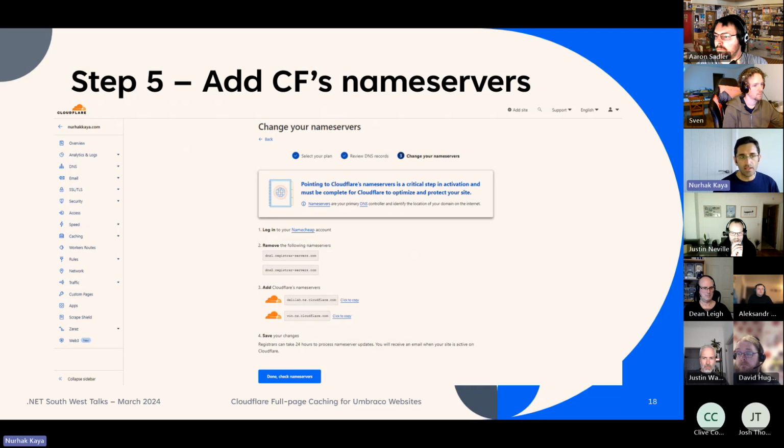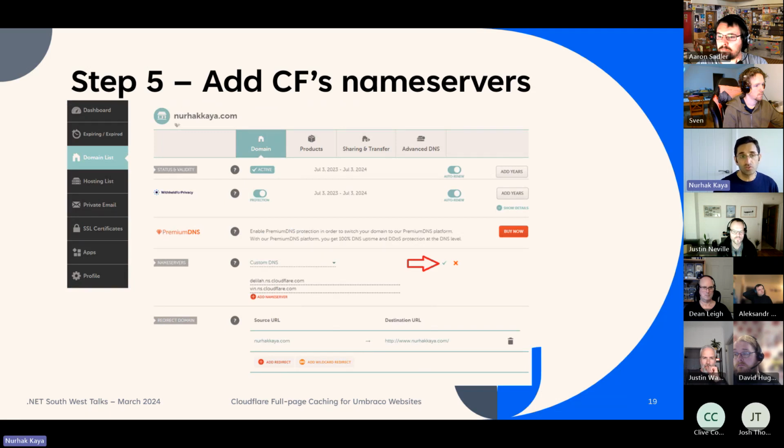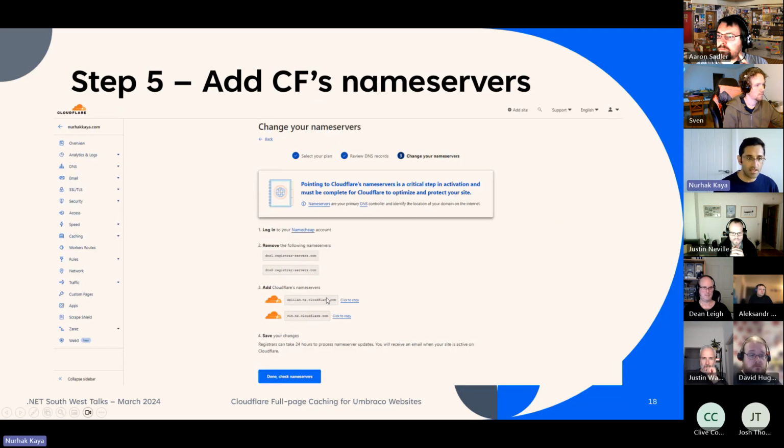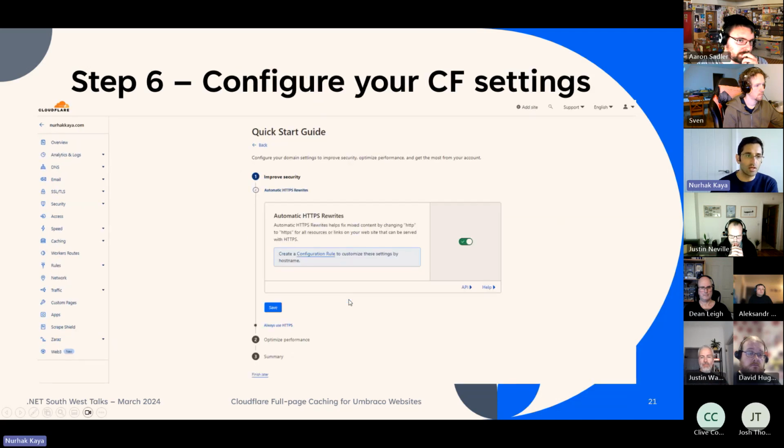And the following screen is where Cloudflare is going to show you some Cloudflare name servers. As you can see here, these are the Cloudflare name servers. And what you need to do, the next step, is go to your registrar's portal and then add these name servers. It's as simple as that. So let me go back again. Cloudflare is going to give you all these name server details. Simply click and then go to whichever is your